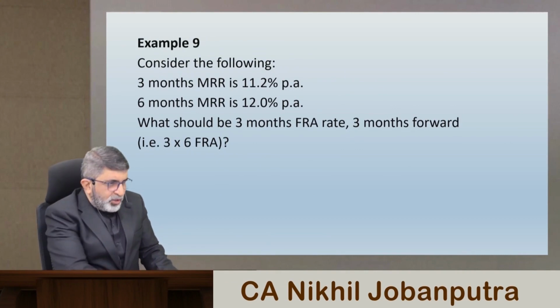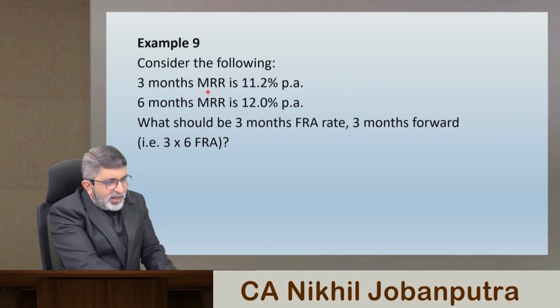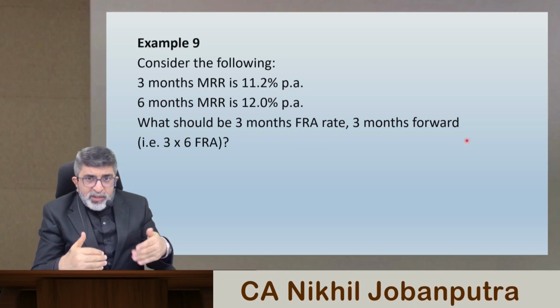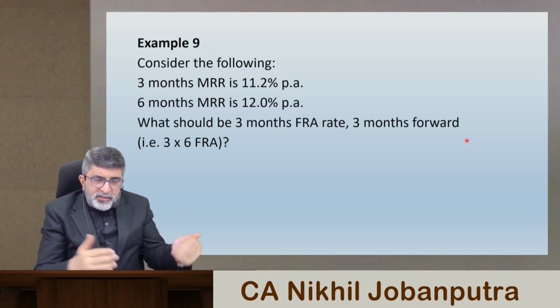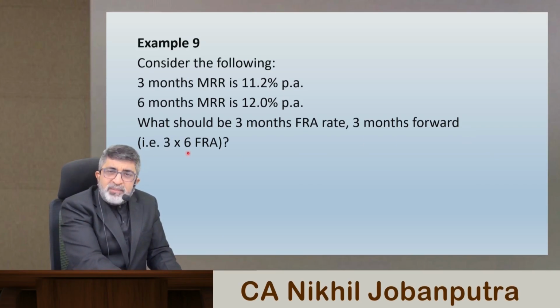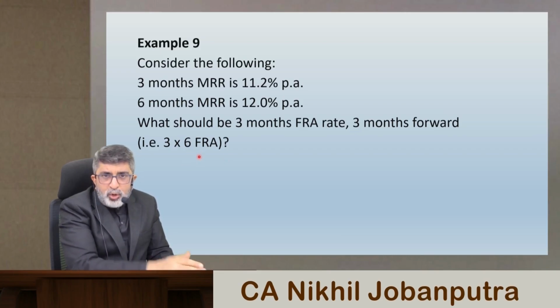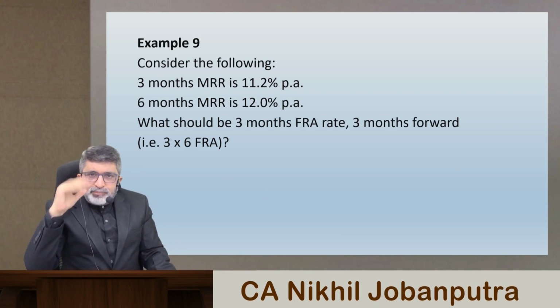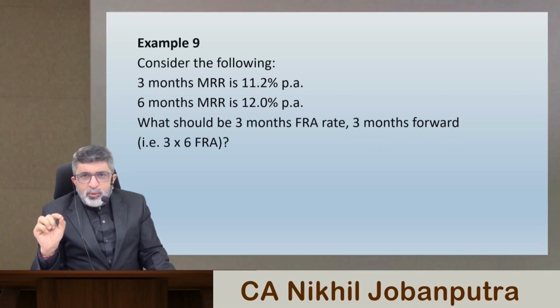Example number 9. This says 3-month MRR is 11.2% and 6-month MRR is 12%. What should be the 3-month FRA rate 3 months forward? So now you are going to borrow money after 3 months for a period of 3 months. So by notation, it is always mentioned as 3 by 6 FRA. So at 3 month your loan starts, at 6 month your loan terminates. So same way you have to solve it, and for your reference I am going to give you all the